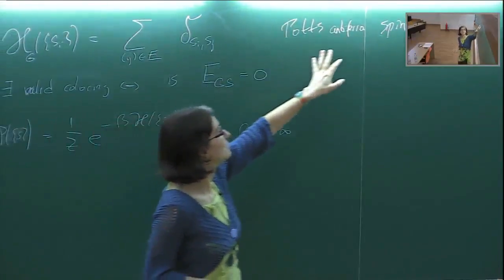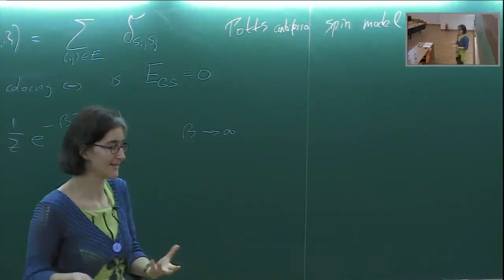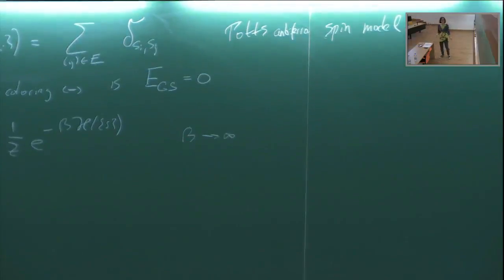So actually, this will not be an antiferromagnet physically, this will be a glass physically. And that's somehow what we will be talking about, in which sense it is a glass, and anticipating, something will be happening at this Q-log. Where did I put the Q-log? Here. So that's what we will be going after: what's happening in the phase diagram of this Potts antiferromagnetic spin model at the Q-log. But so far, it's a statistical physics problem, but I said nothing. I just translated it, right?